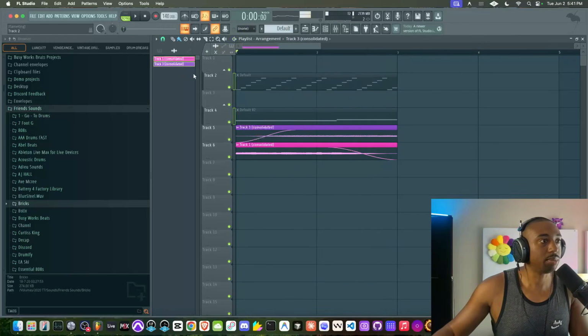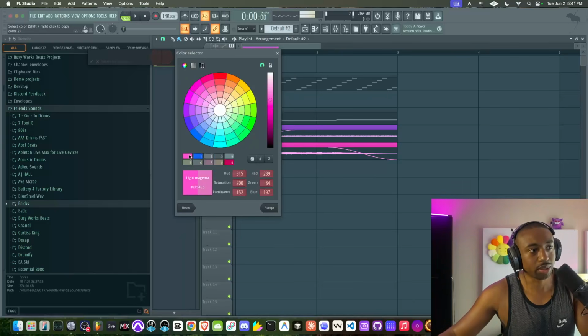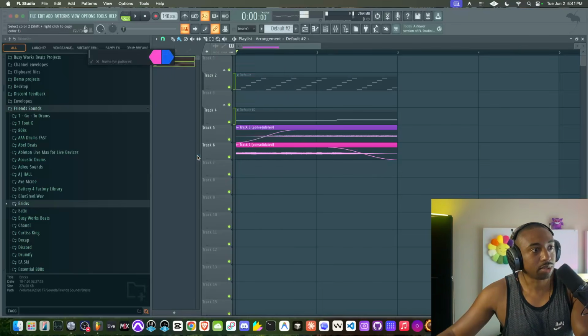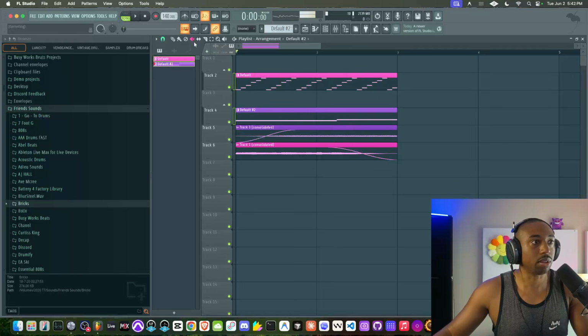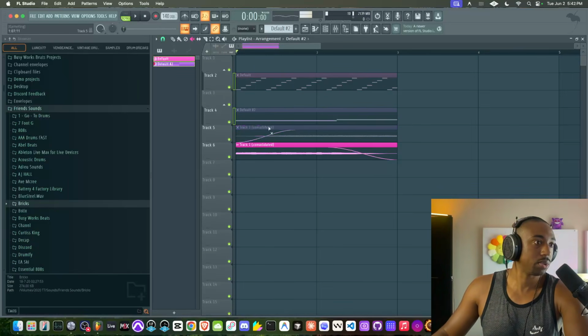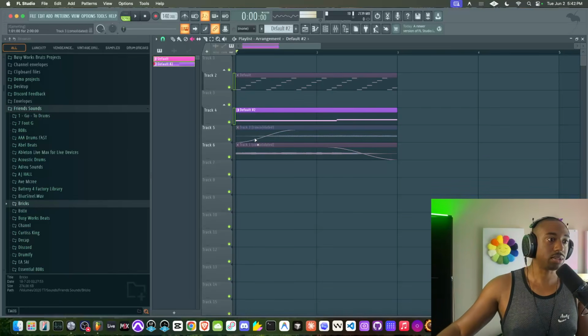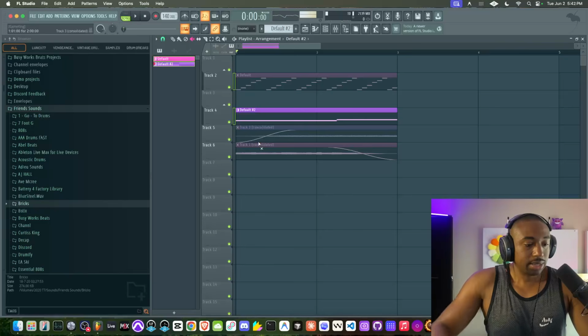So I do that all the time, especially with patterns. You could do the same exact thing. So again, I don't know why these colors are so weird, but let's put these on something more bright. And the mute tool can unmute. I didn't know that for the longest time, this mute tool here. So if anything ever goes gray, you can grab that mute tool and unmute this stuff. All right, so there's a difference between audio and MIDI. I don't have time to explain that. So that is the consolidate